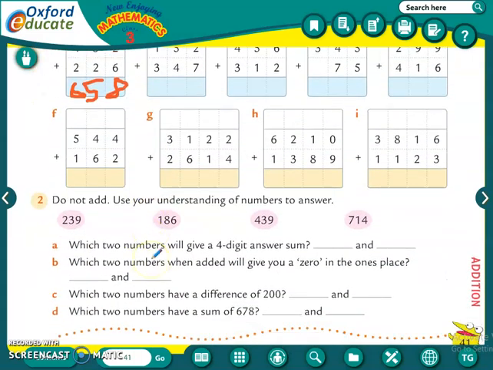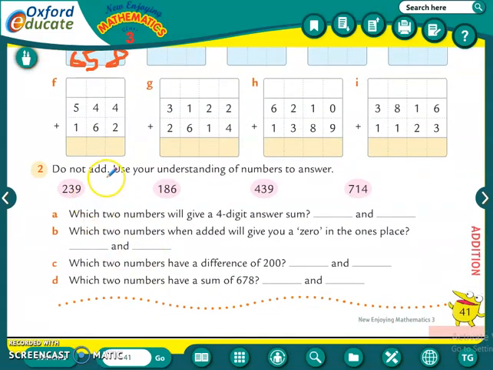Now, second question, do not add. In this question, we don't have to do any addition. Use your understanding of numbers to answer. So here what we have to do: four numbers are given here and some questions are given here. We have to answer which two numbers will give a 4-digit sum. So these 4 numbers are there, and